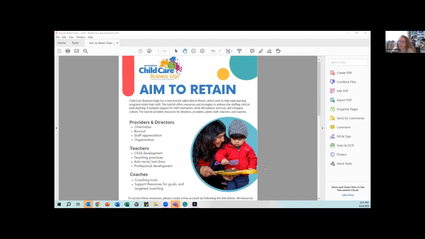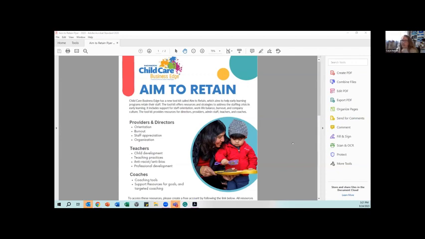Little caveat: it is not a funding source. So just FYI, this is not a place for funding. There are some resources in there that can support ideas on how to use financial resources, but it is not somewhere where a provider can go in and say, I want this grant, I want that grant. We have a lot of that. That's not what this is.